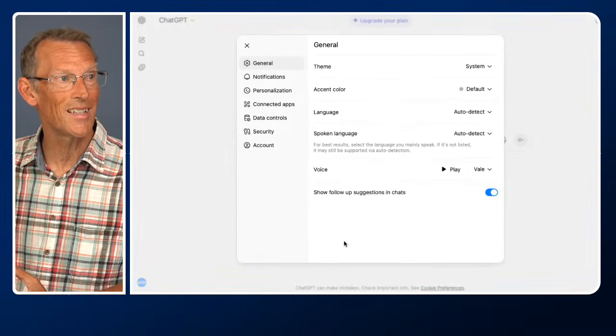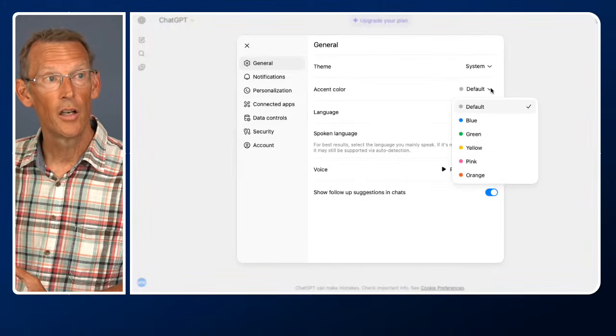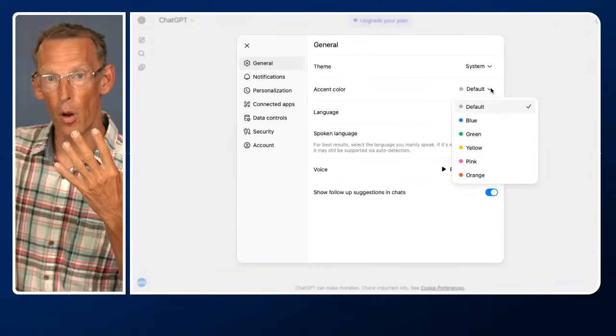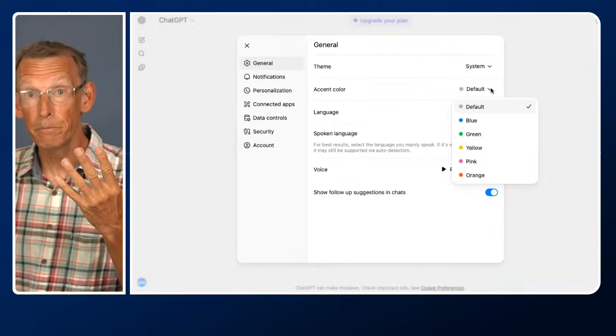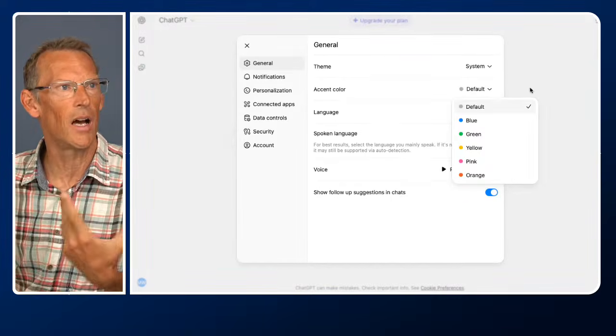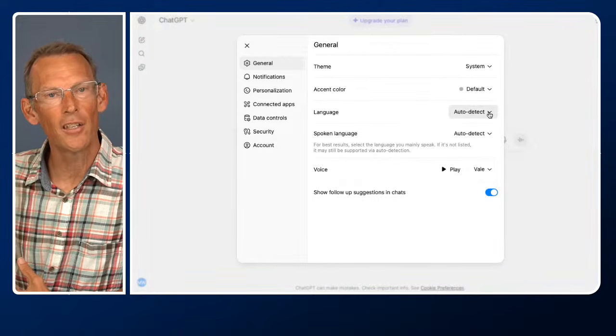If we go into settings, if I just go through very quickly, there's a few things that we can now set. For example, the accent color. You can choose the color that your prompts come in as in a background, just to differentiate them from the responses you get. I don't get excited by that, but if you like color, then there you go. You might want to use that. Language is set to auto-detect.